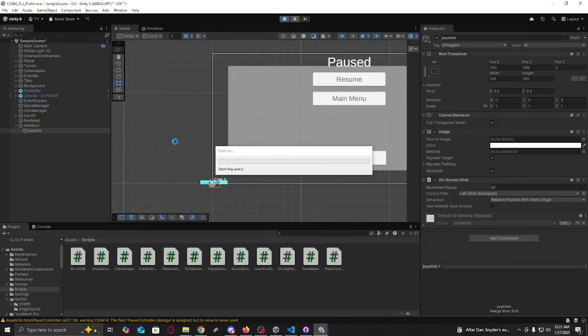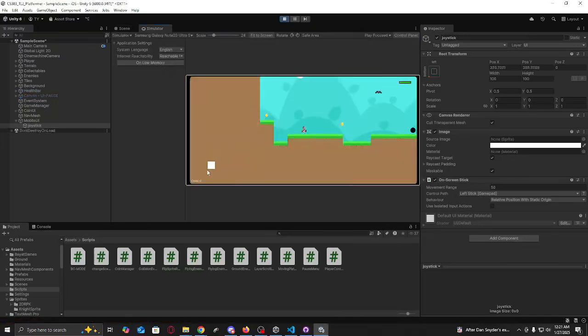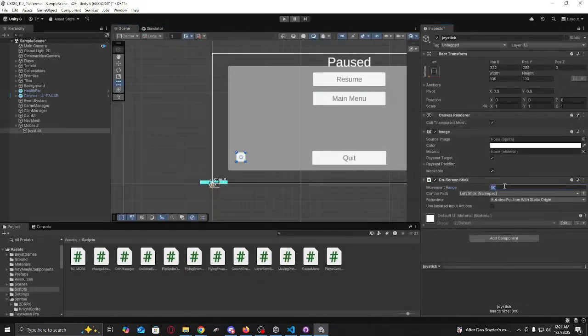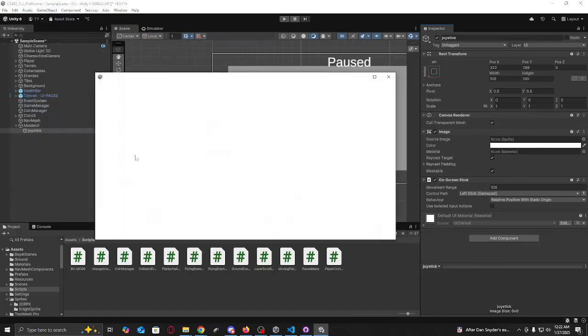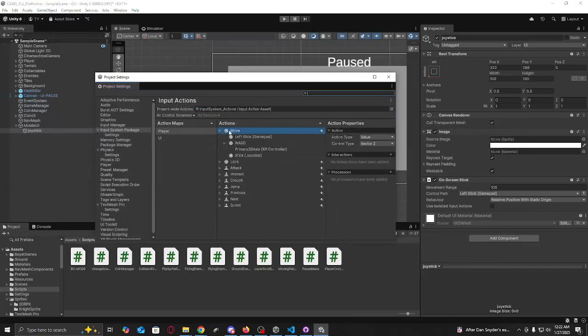And if I go ahead and run this real quick, then you can see this moves around. It's not doing anything right now because we don't have it set up to actually work. But I'm going to go ahead and change the radius on that so it's a little bigger, just for looks' sake. And then I'm going to go back into the input system package, and you can see here we've got a move action. I believe you should have already been shown this part, but it just has the left stick gamepad tagged to it,